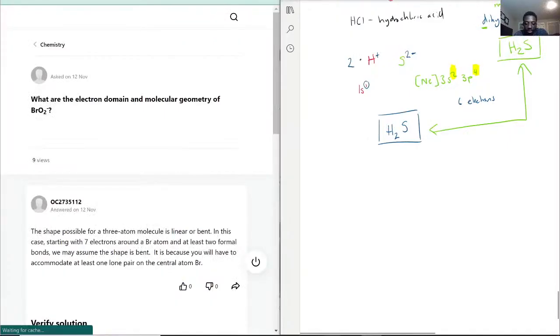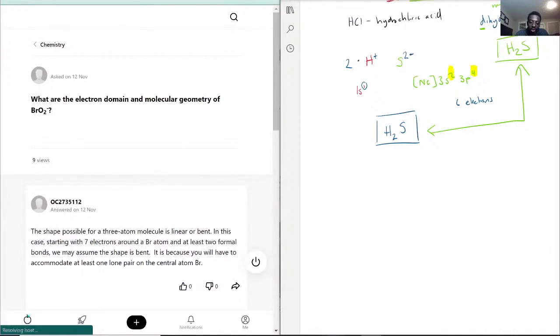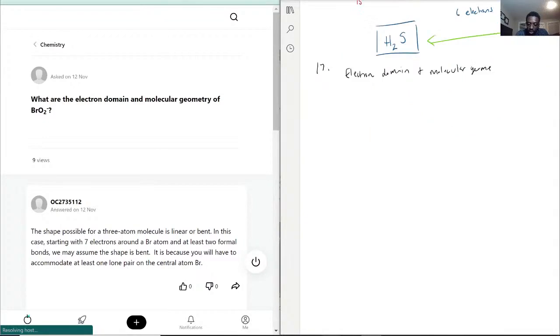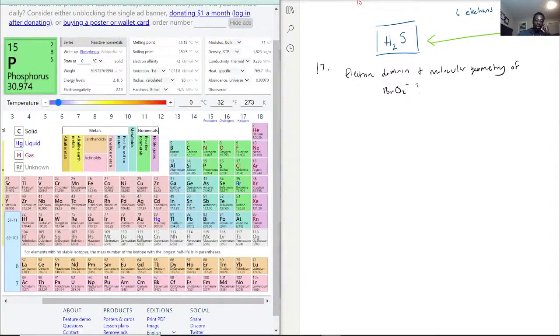What is the electron domain and molecular geometry of BrO2 minus? So this one is actually a doozy of a question, because bromine is actually a